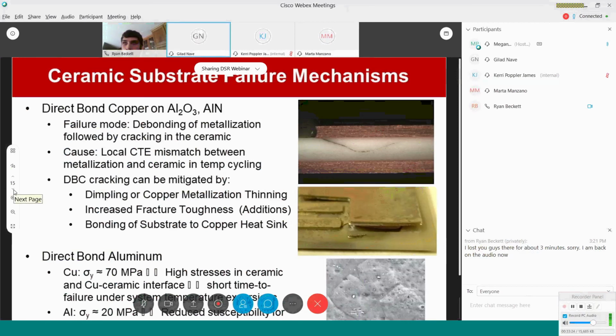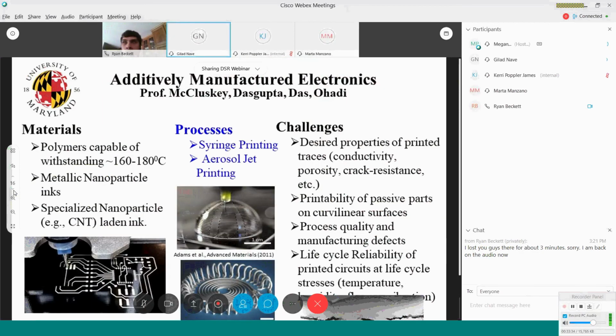And having looked at the substrate materials, the wire bond interconnects, and the die attach, we then, of course, wanted to know, could we possibly additively manufacture all of these components and make entire electronic circuits by doing 3D printing rather than using more traditional approaches that people have used in the past. So currently, together with some of the other professors in the department, we are looking at, first, can we 2D print some of these materials on curved surfaces?